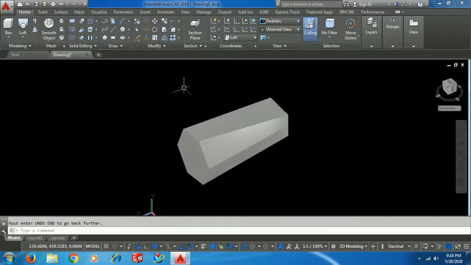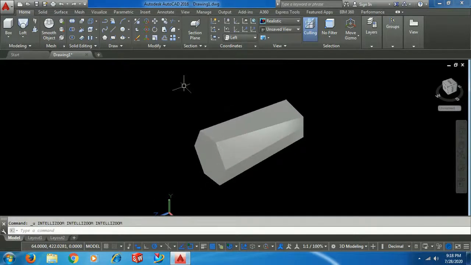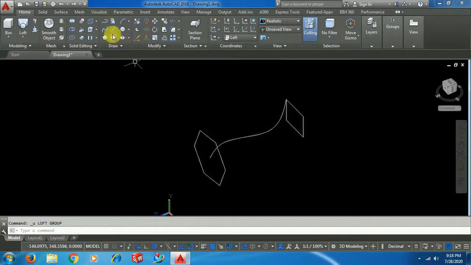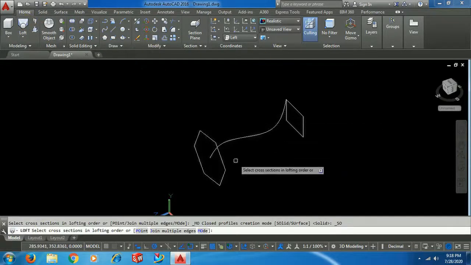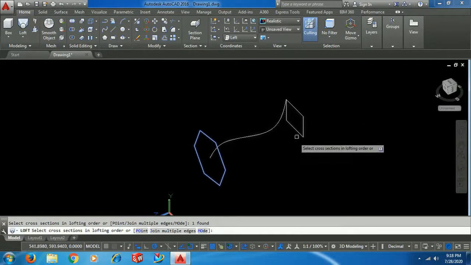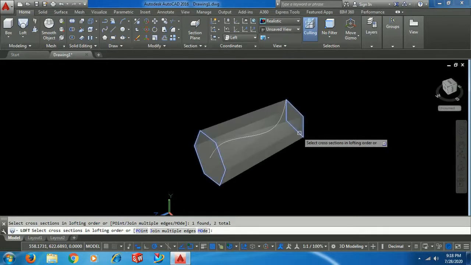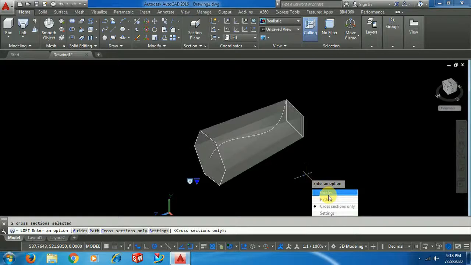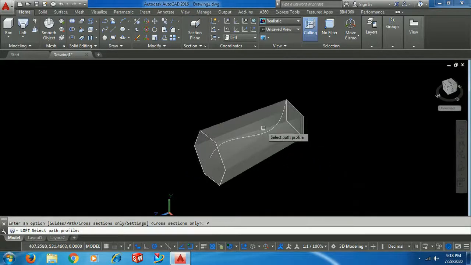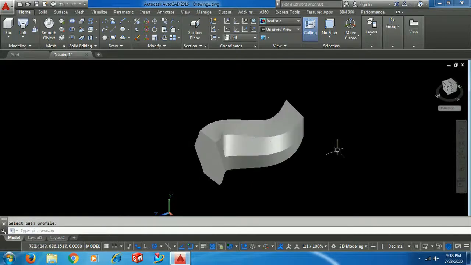I go back. Loft, enter, path. See the path, so it passes along that path.